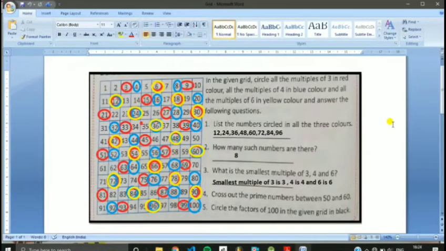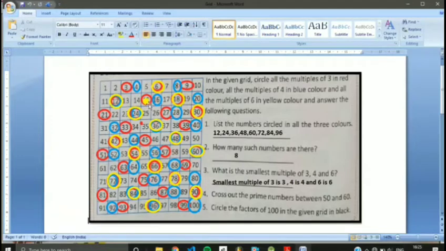So let us see which numbers are related to red color, blue color, and yellow color. When we start with all the multiples of 3, you can see on the screen that all the red circles show that they are multiples of 3. Let us see how to identify them. First we go to the concept of tables. 3 1s are 3, I have marked it in red. 3 2s are 6. 3 3s are 9. 3 4s are 12, which is also in red color.